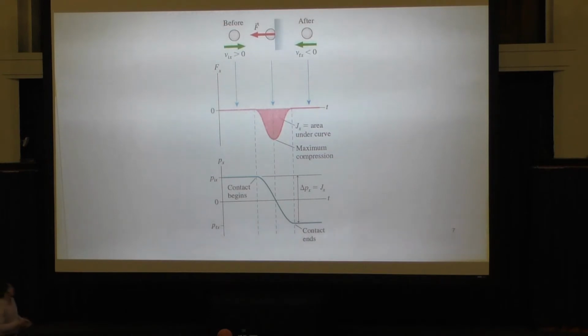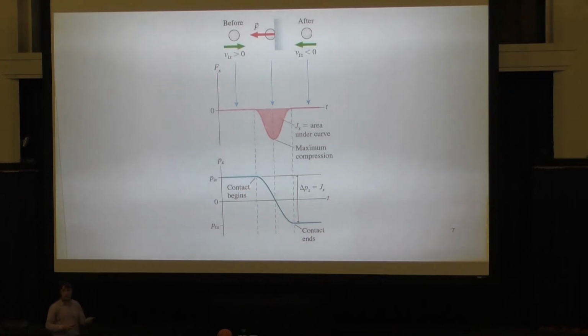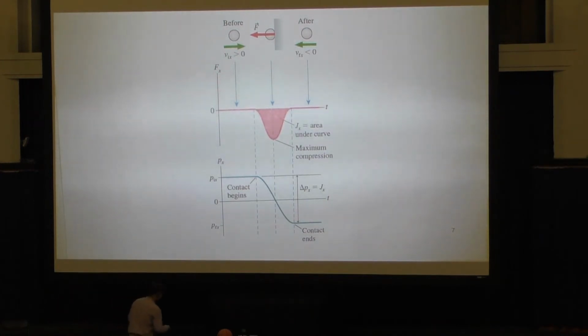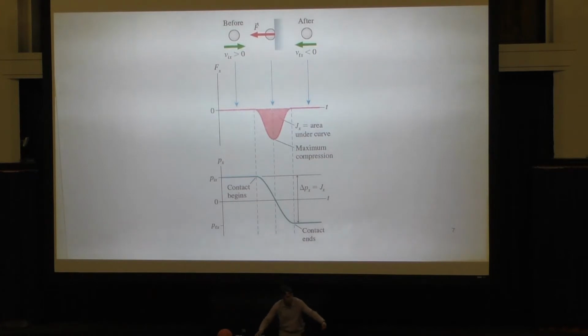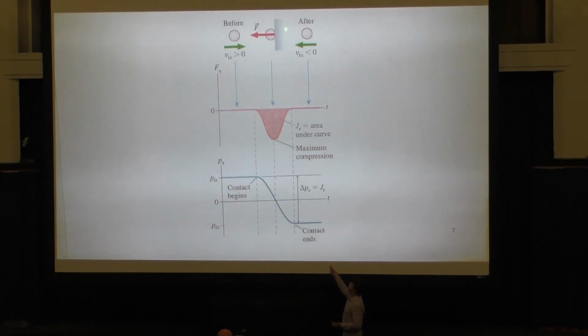So let's say you've got a ball, which is initially going in the positive x direction. Then it hits the wall and bounces off the wall. So it's a short little collision, and maybe it's the force sensor, so maybe you're sending your cart this way, there's a force sensor here, and boom, okay? And the force sensor, I believe, is set up so that positive is pulling and negative is pushing, so it goes negative. And actually, if the x-axis is this way, your force is to the left. The force of the wall on the ball is to the left, so it's a negative force in the x